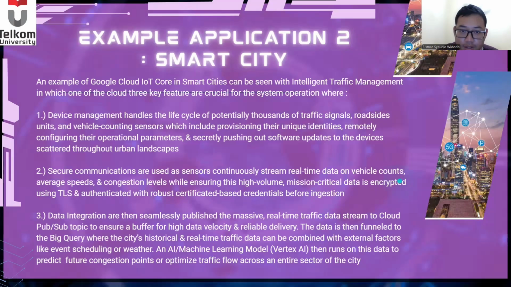The second application of IoT Core is in the smart city, where we can see this with intelligent traffic management, where of course the device management will handle the life cycle of potentially thousands of traffic signals, roadside units, and vehicle counting sensors. And for the secure communication, we will use it as sensors that continuously stream real-time data on vehicle counts, average speed, and congestion level,